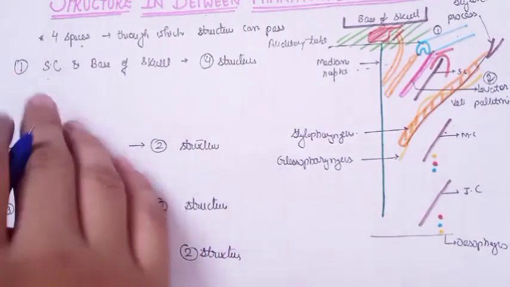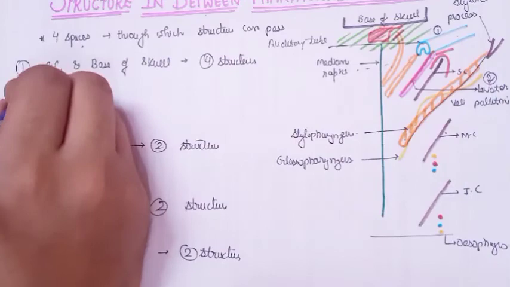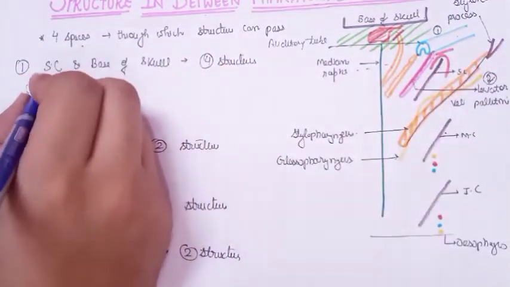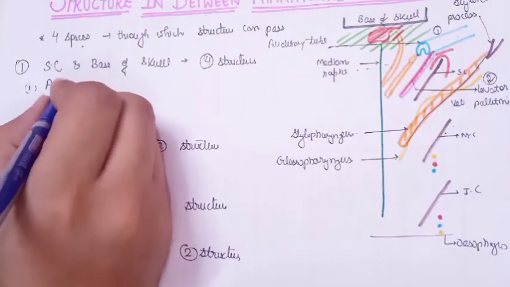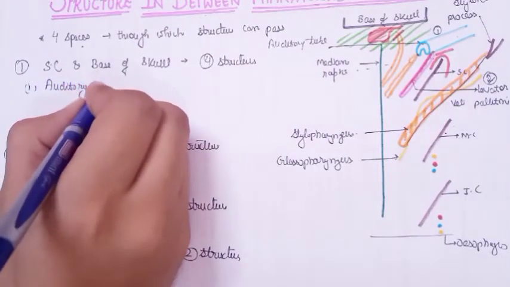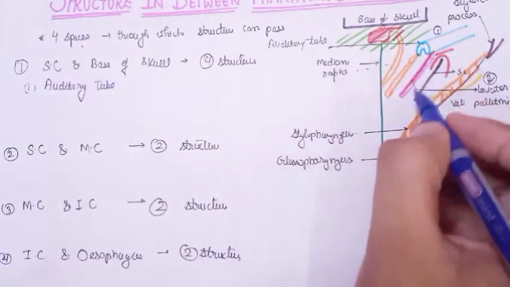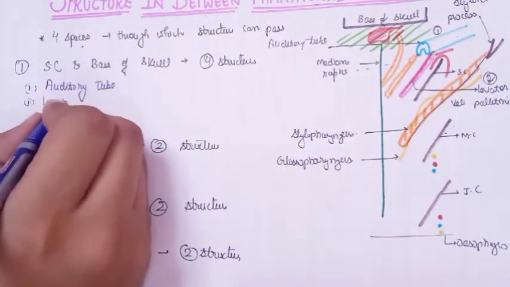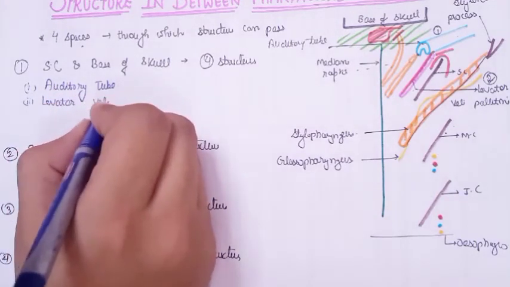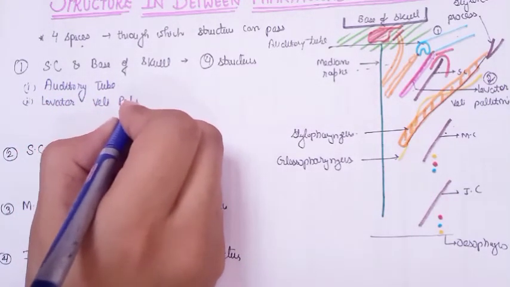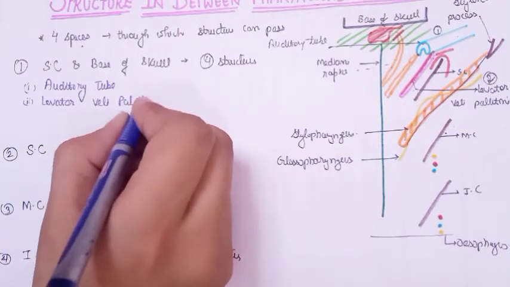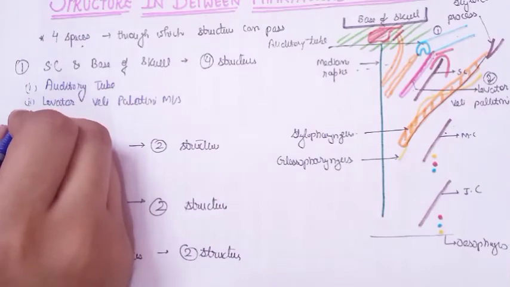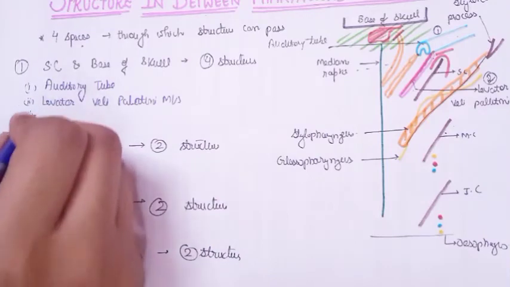So let's summarize all the structures. Between the superior constrictor and the base of skull, the first structure that we have is the auditory tube. The second structure that we have is the levator veli palatini muscle. The third and fourth structures are two arteries, that is the ascending